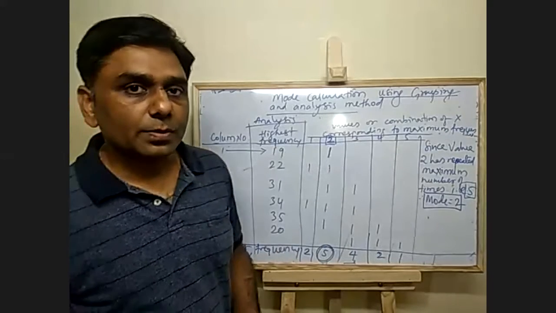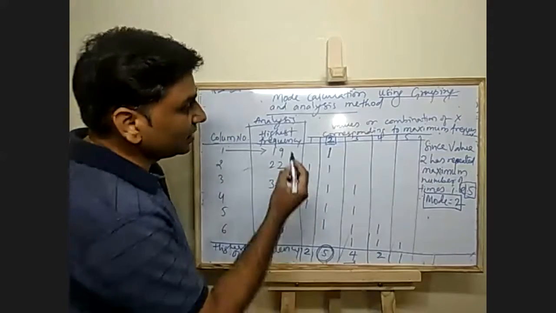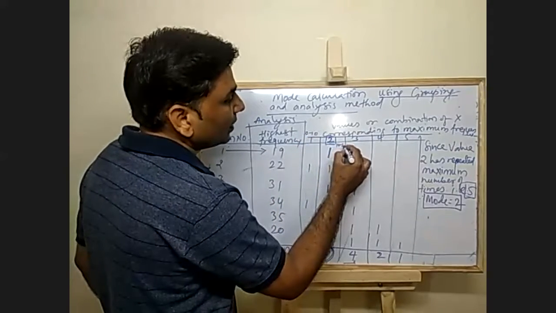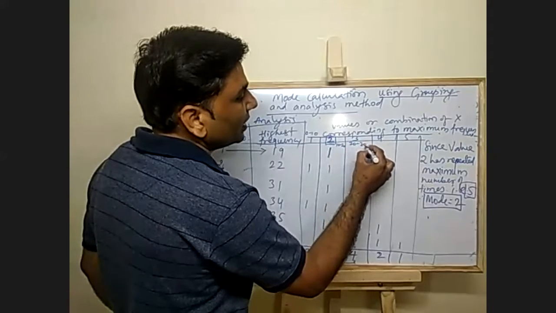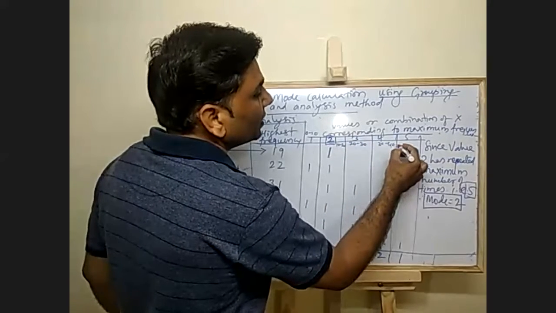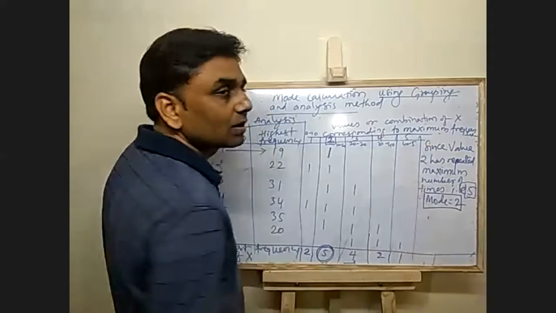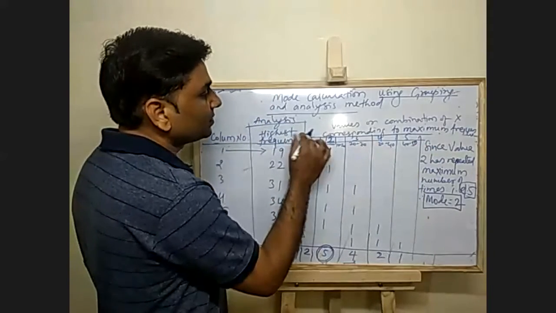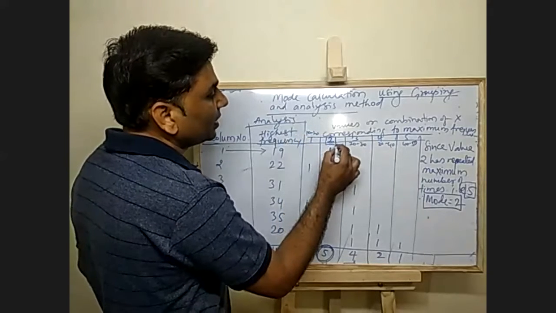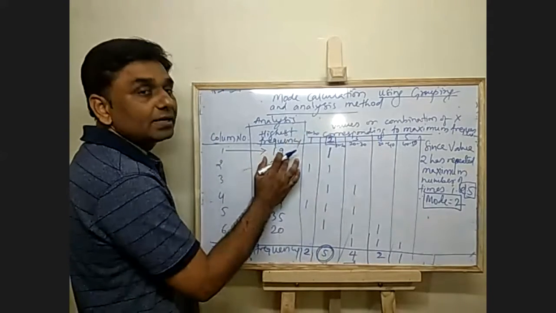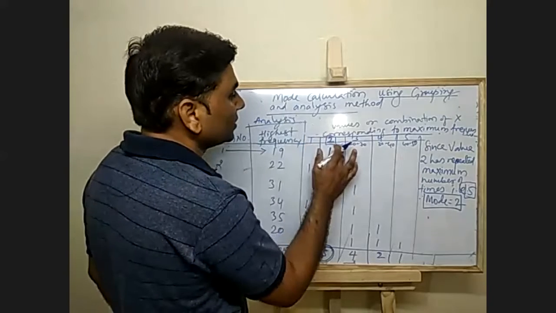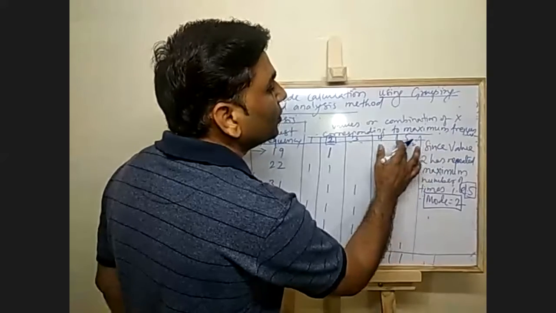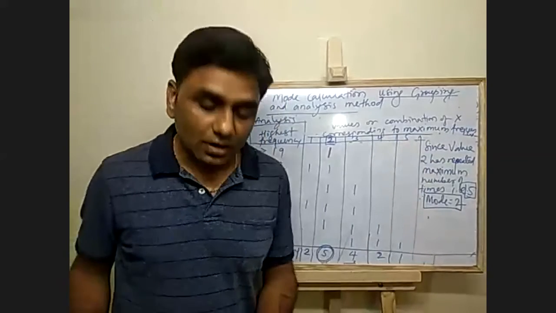It is left to you people. Now if class intervals are given, this will be 0 to 10, this will be 10 to 20, this will be 20 to 30, this will be 30 to 40, this will be 40 to 50. Or this can be 10 to 20, or it depends. I mean, where your 19 is appearing. Okay. So that is one more. So this is how we do the grouping and find out the mode value.